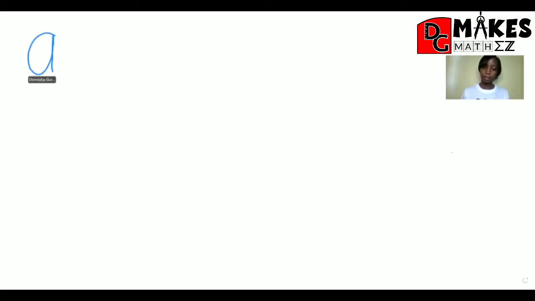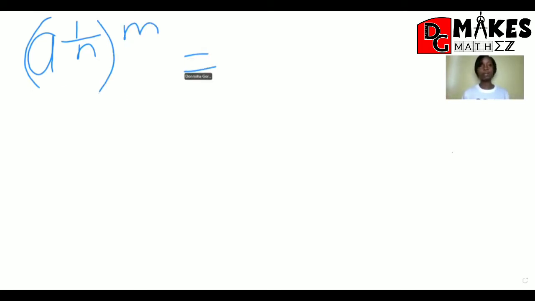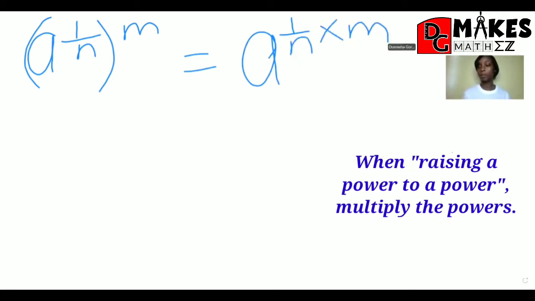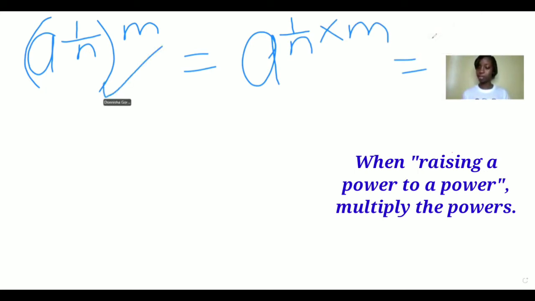All right, let's take a to the 1 over n, and I'm going to raise that to the power of m. So earlier we looked at a law that says if we have something raised to a power and I'm raising that term to another power, then I should multiply the powers, which means this is the same thing as a to the m over n, as that's what we would get when we multiply 1 over n by m. All right, so